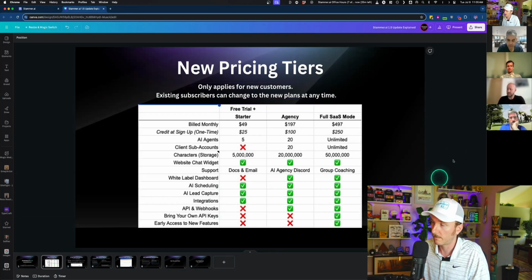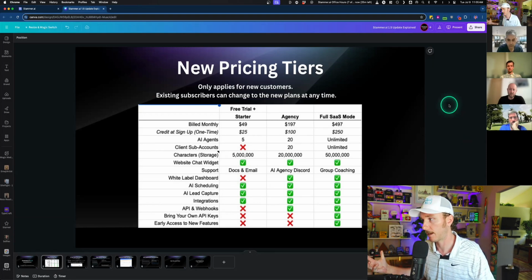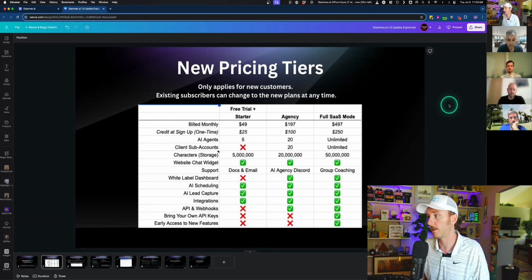All of these updates in aggregate have come from the incredible feedback that you guys have been giving us over the last 6 to 9 months. We've now implemented that, and we've been working on it, and now we're basically sharing it with you guys. With the $50 plan, you get a $25 credit at sign up, and this is going to be with